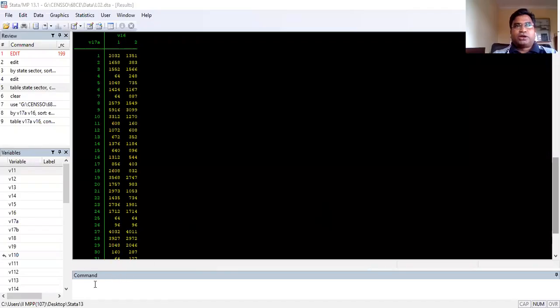So I told you earlier that when you try to project from sample to population, right? You need to make use of those weights. Why? Because those weights are nothing but frequency. So each and every sample you see here is a representative sample of the population. So if you just know, corresponding to a representative sample, how many households are there, that is given by the weights, that's the frequency.